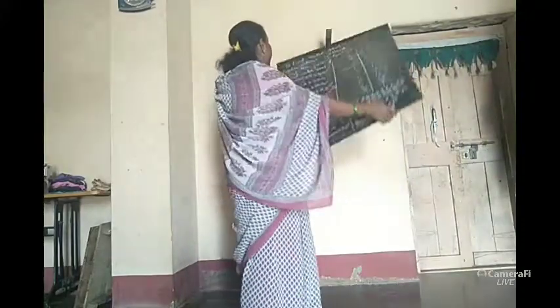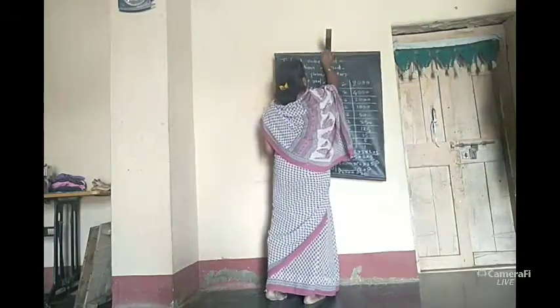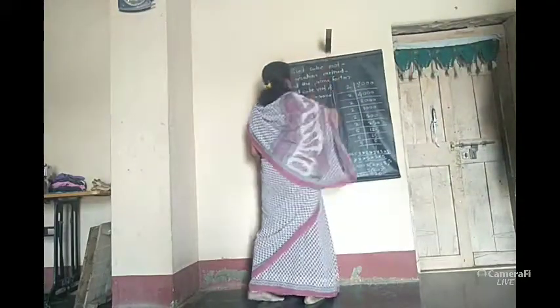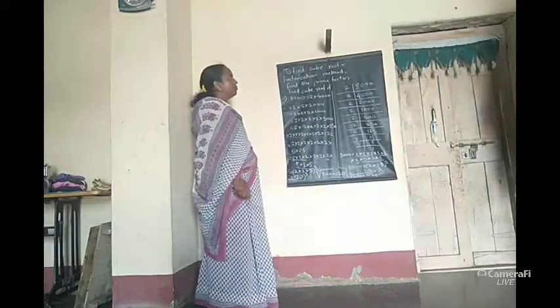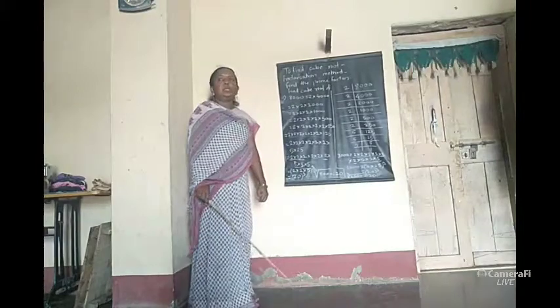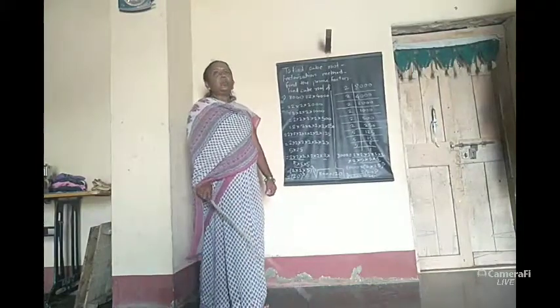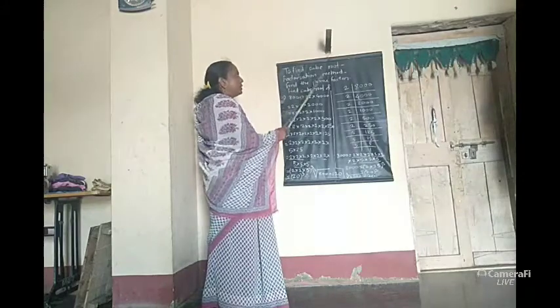3.3. Before that, our next point is to find the cube root. We learned how to find the cube of a number, that is, multiplying the same number three times to find the cube value. Now we have to learn how to find the cube root. You are given a cube value and you have to find the cube root of that cube value. For this we use the factorization method.